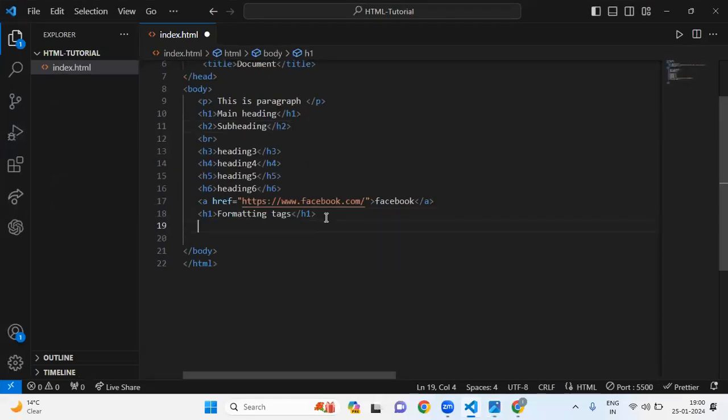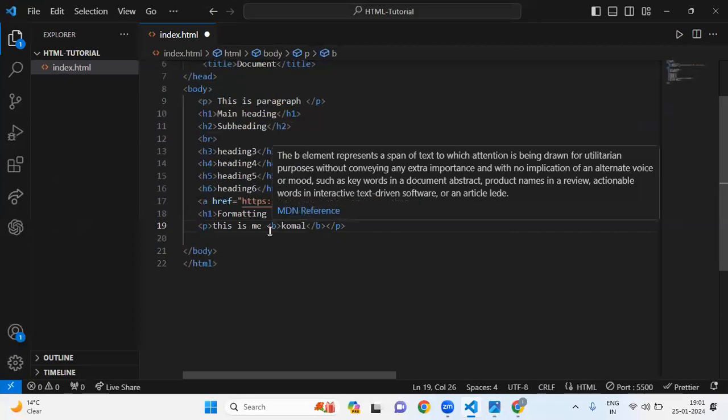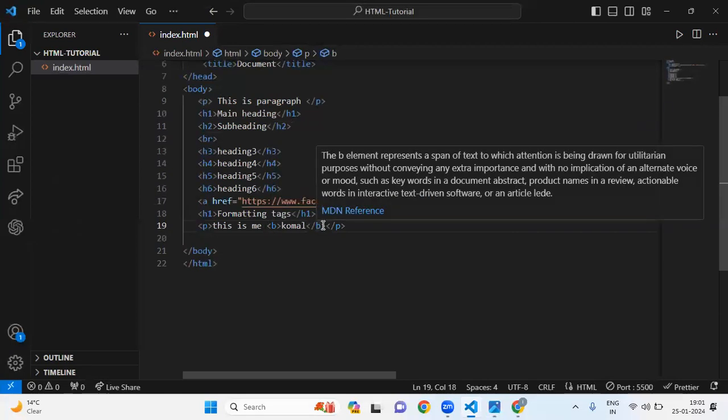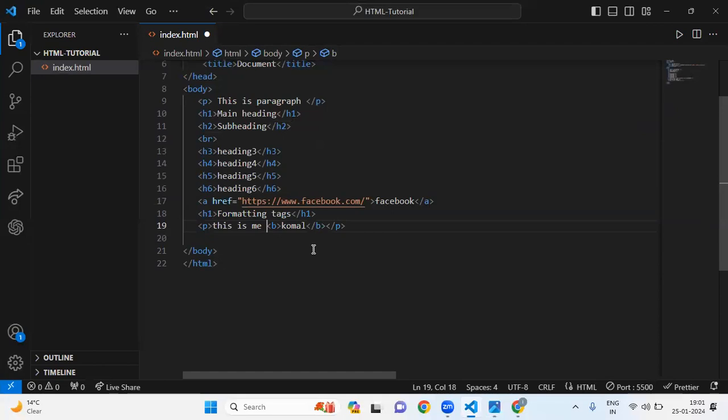Okay, here I'm going to write a paragraph. First, this is me, Komal, and I want to make this Komal bold. So here I'm going to use the B tag because we know for making our text bold, we can use the B tag, and paste it inside in between the bold tag. Every tag has an opening and closing tag, but some tags are self-closing as well. But for bold here we can use opening as well as